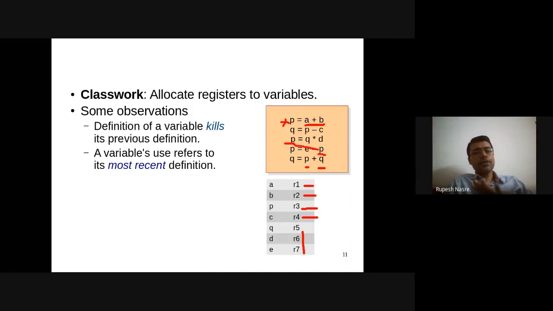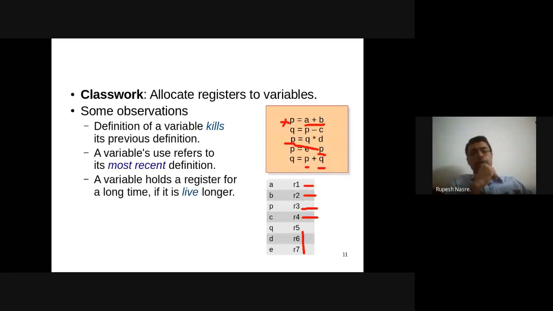But that need not always be easy, because you might have an if-else construct, and then there might be a use. Now which definition might it refer to, because the definitions might be there in the if and else branches. More complicated, you might have a loop, and there might be multiple nestings of these if-else and loops, etc. So which definition or definitions a particular use might refer to is difficult to predict at compile time. In fact, it is impossible to predict at compile time. In general, you will say that these are the set of definitions which might be referred to by this particular use. Right? So use refers to a read, and definition refers to a write.